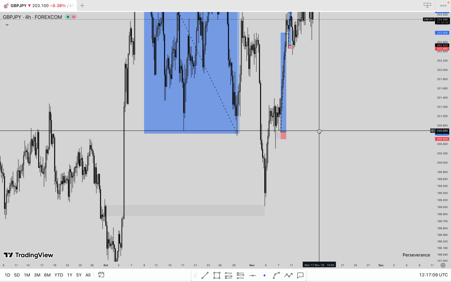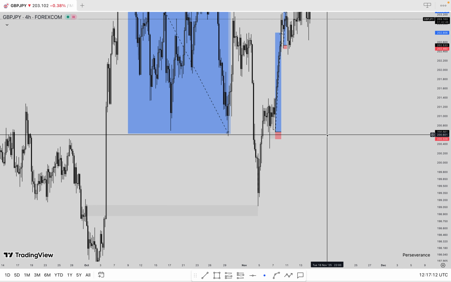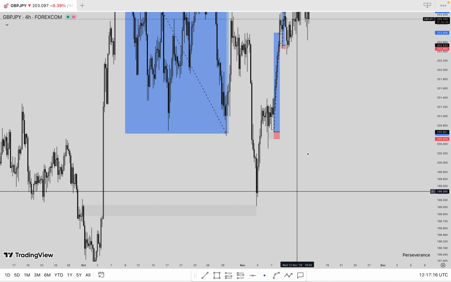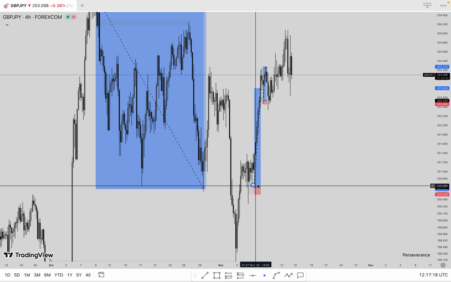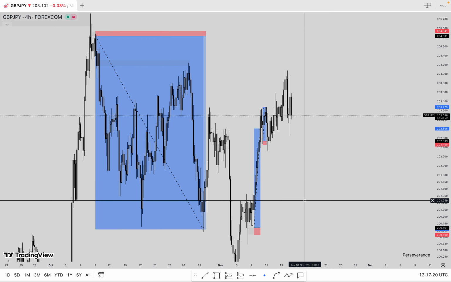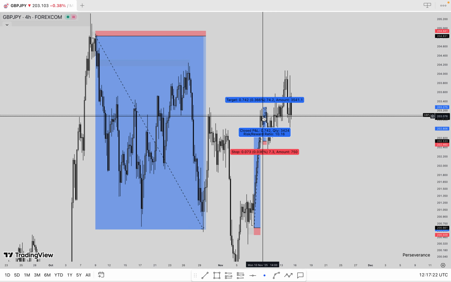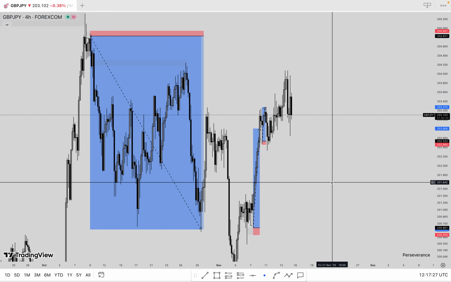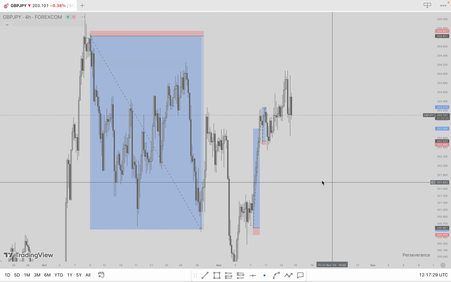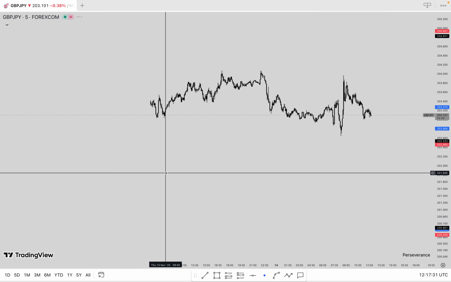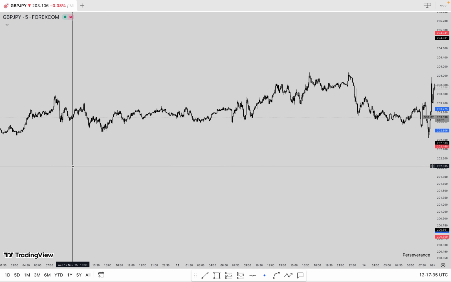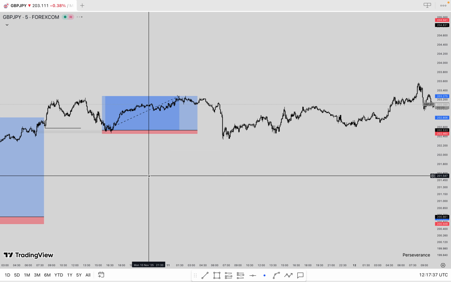Now this buy, the reason for the buy was basically simple. Since we have price tapped into this breakout block, 4-hour breakout block, I took this particular one from the 15 minutes time frame, but then this one I took from the 5 minute time frame. Now in the 5 minutes time frame, what I saw and the reason why I took this trade was because